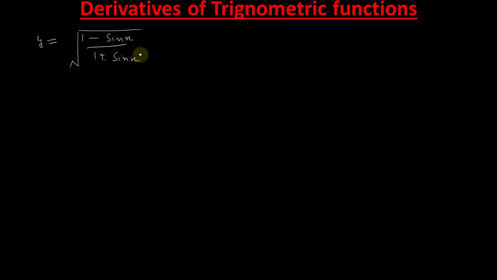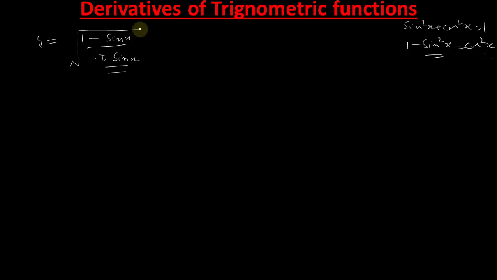So before doing its derivative we can simplify it. If we simplify it, it is better to do the derivative, or you can simply start from here, but simplifying will be better for us. Now how to simplify it? I told you a formula, sin square x plus cos square x is equal to 1, or we can say 1 minus sin square x is equal to cos square x. So if we make the denominator 1 minus sin square x, it will become cos square x, and its square will get cancelled with the square root.